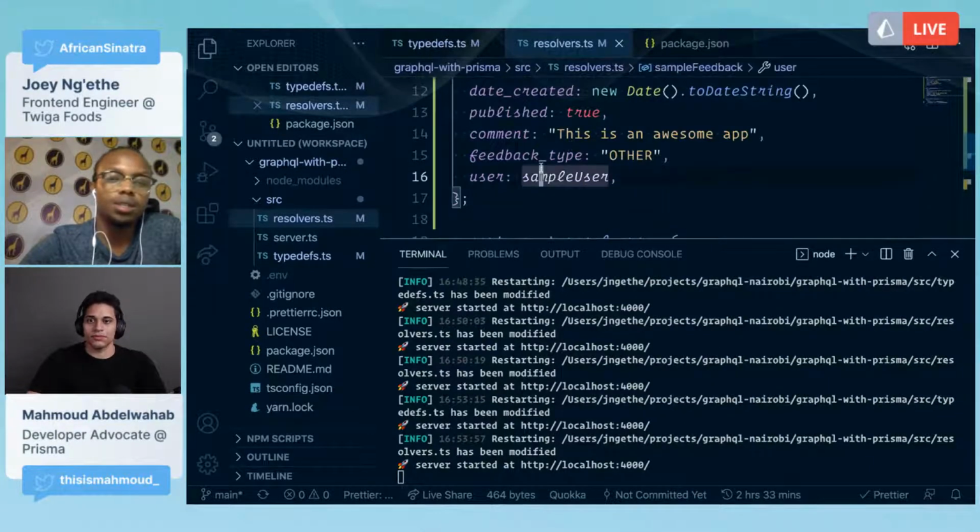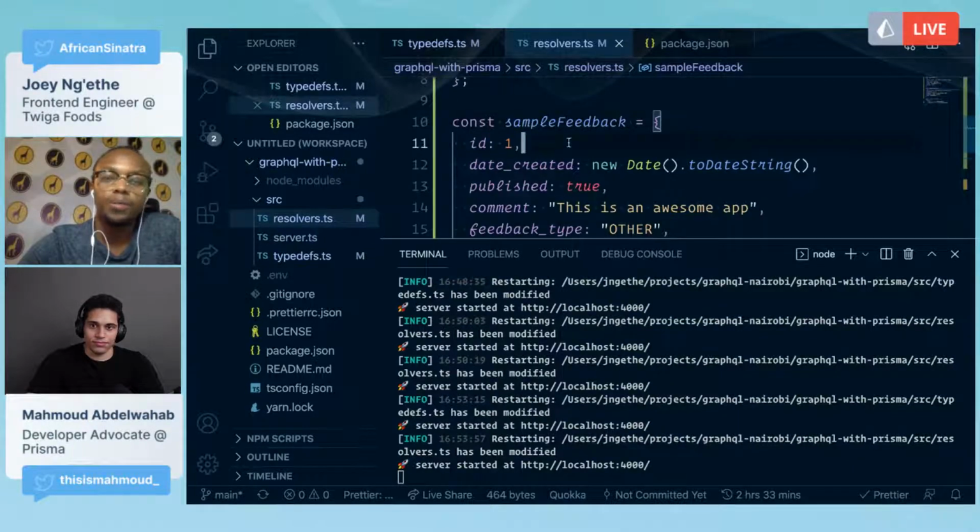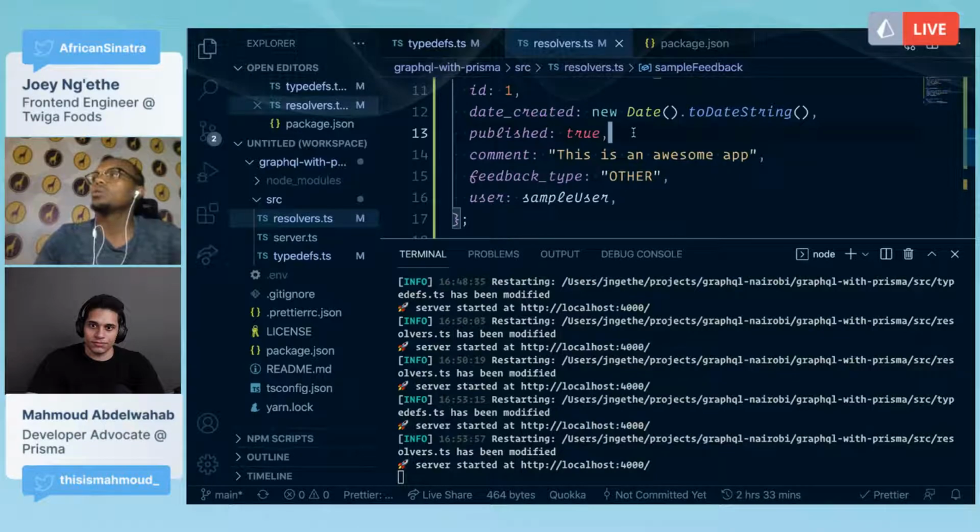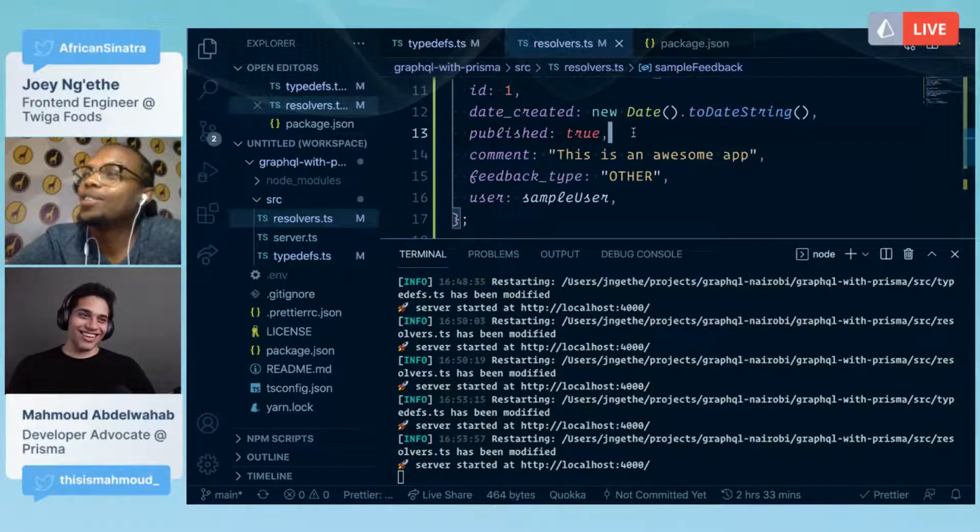You want some kind of database to store your data. That's where Prisma comes in, or rather one of the options that you can use. Prisma is more than an ORM. Maybe Mahmoud can try to describe Prisma.